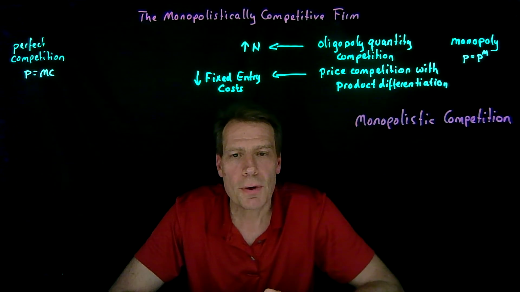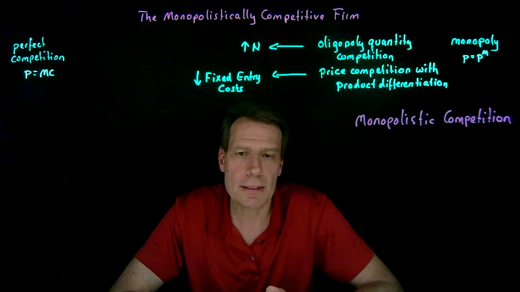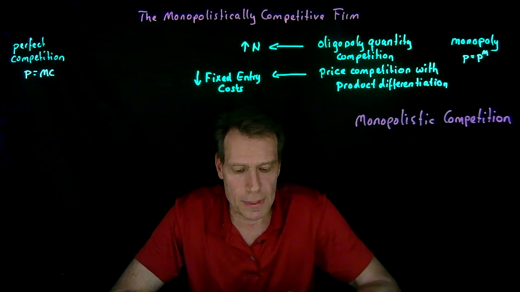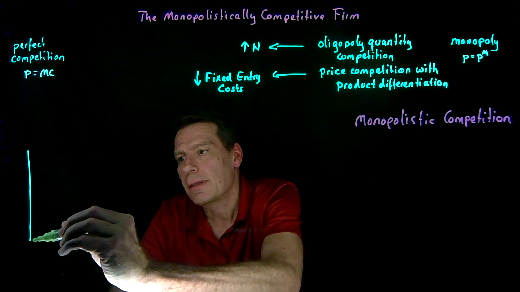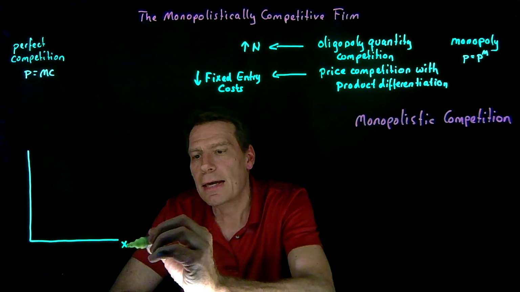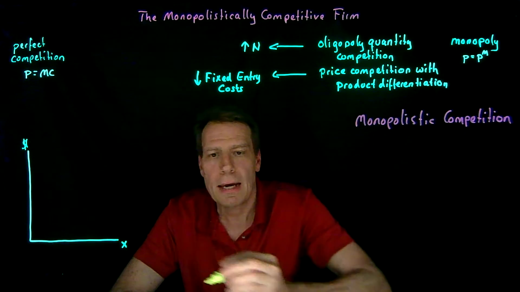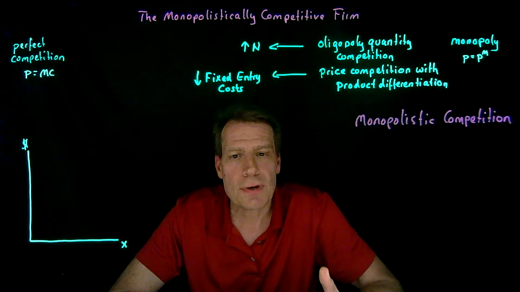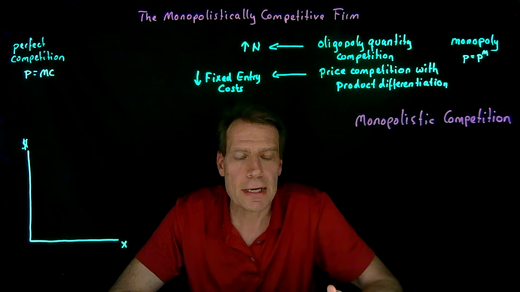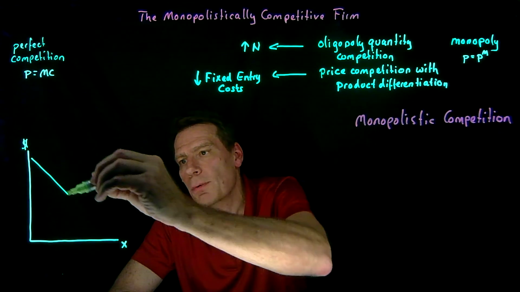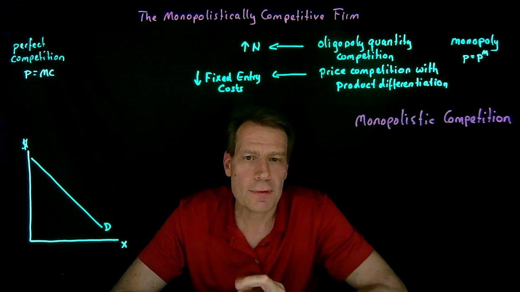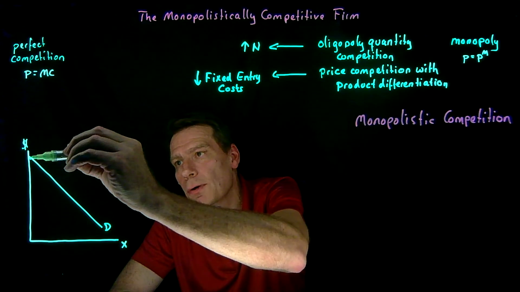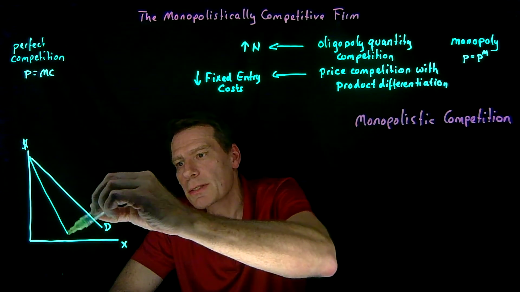So now we can think about what the picture of the firm within the industry looks like. We know that each firm within the industry has a differentiated product and as a result has some market power. As a result, it's going to face a downward sloping demand curve for its product. A downward sloping demand curve is the telltale sign of having market power. And if that demand curve is linear, we know that the marginal revenue curve starts at the same point but has twice the slope.